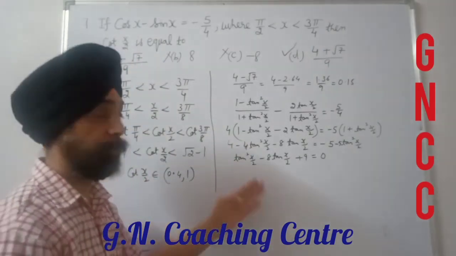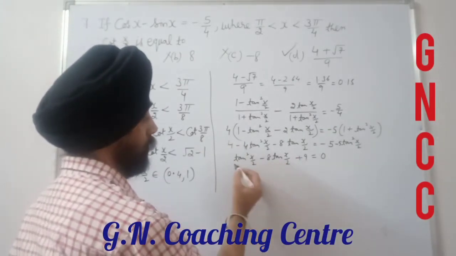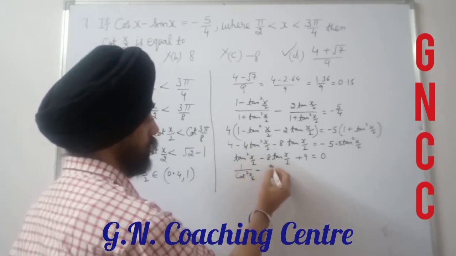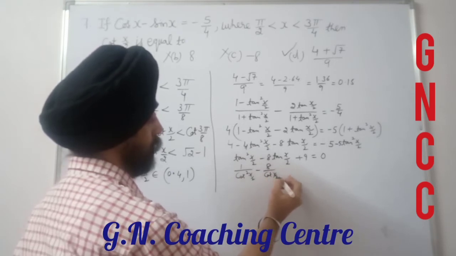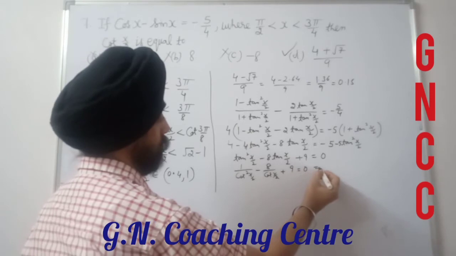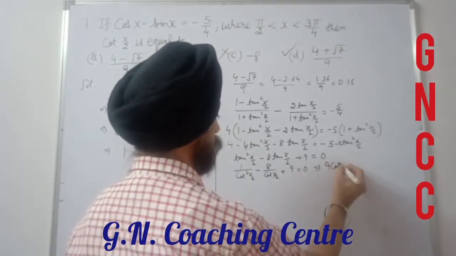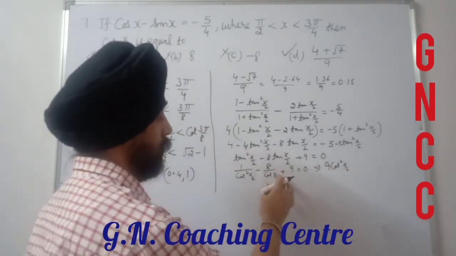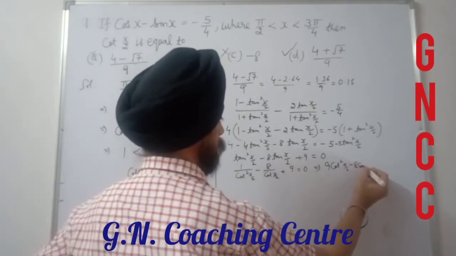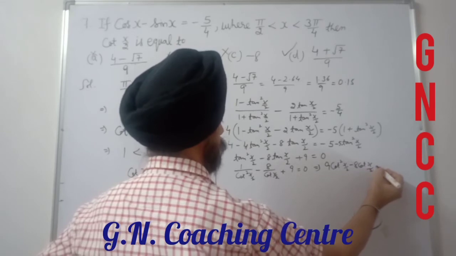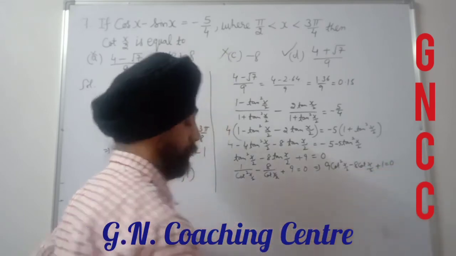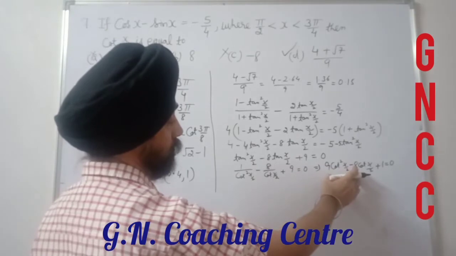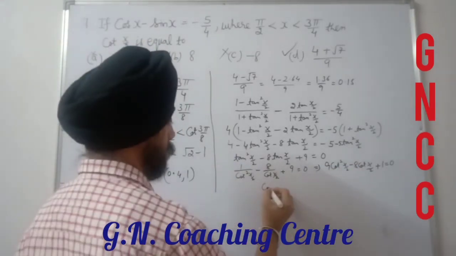We have to find cot of x by 2. Let us change it into cot x by 2. So 9 over cot square x by 2 minus 8 over cot x by 2 plus 9 equal to 0, and this will become the equation 9 cot square x by 2 minus 8 cot x by 2 plus 1 equal to 0. Now if I solve this quadratic equation,